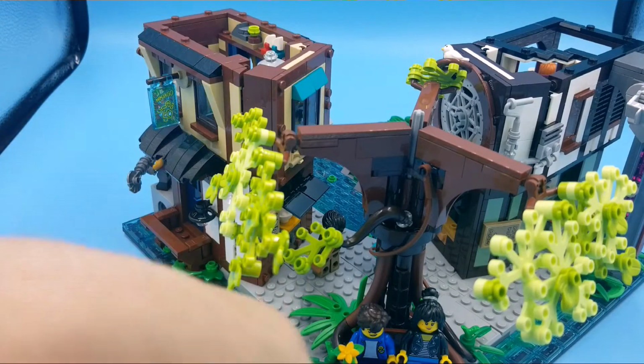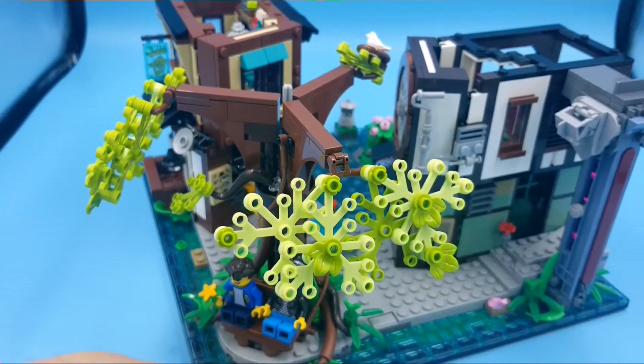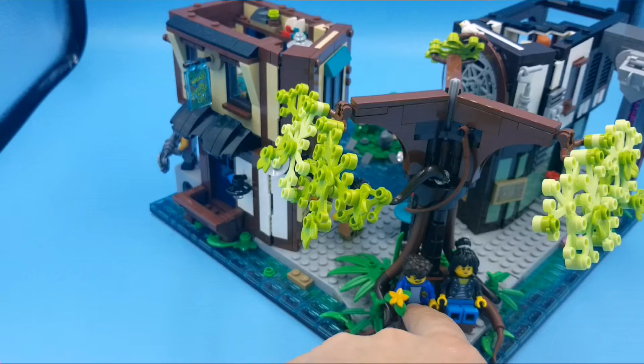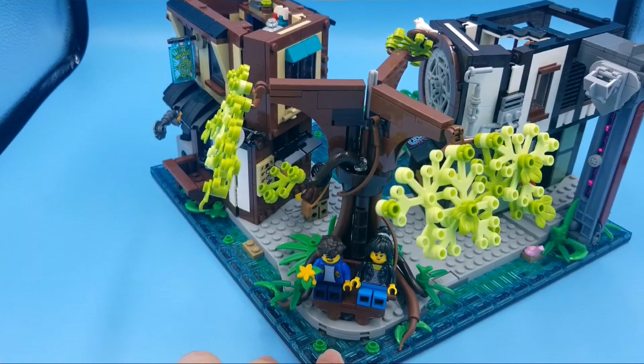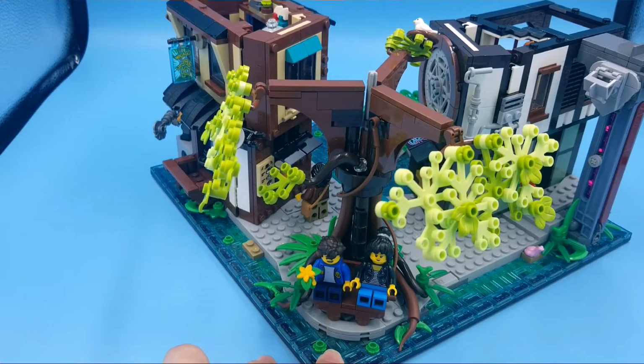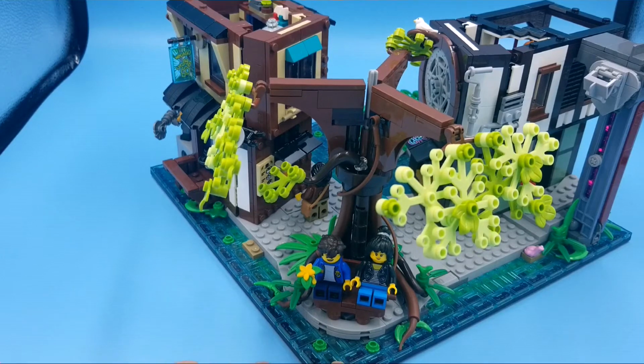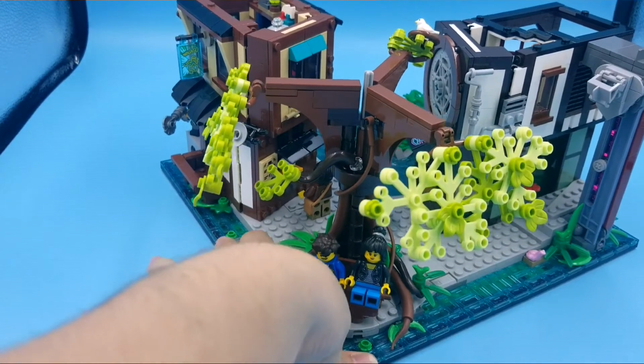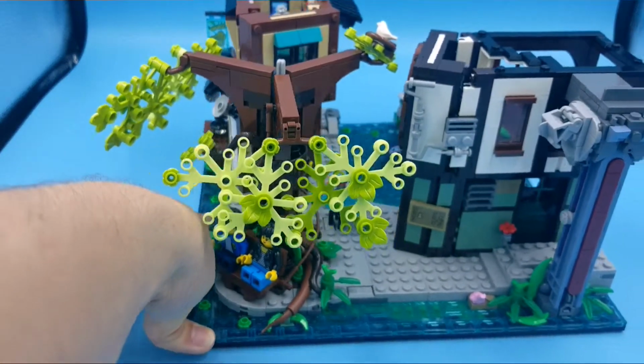So next we'll go over the first 2 levels, which is pretty simple. It's more of the older Ninjago Town style stuff. So of course you have Jay and Nia who are sitting on the bench, and this is them in their casual outfits. We rarely, if ever, I don't think we've really ever gotten the ninja, not from the movie, just from the show, in their casual outfits, because they really aren't in them that much. But I think it's definitely a good idea, and they put in 3 of the ninja in their casual outfits